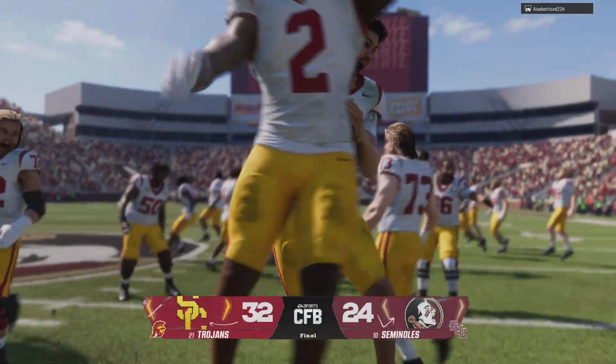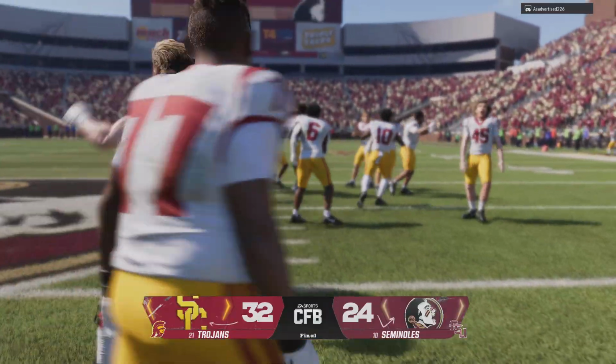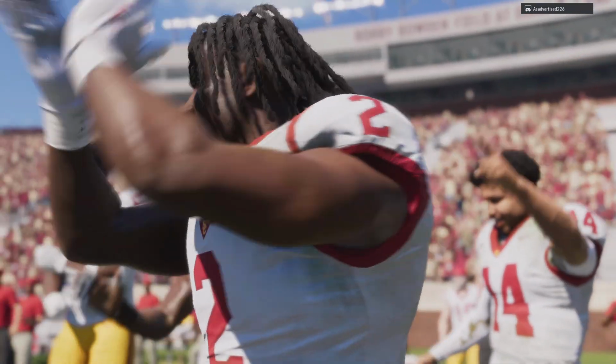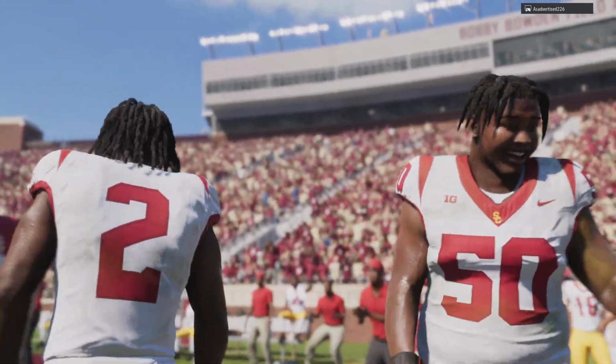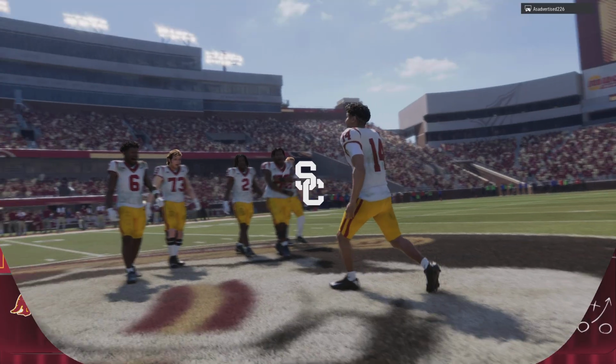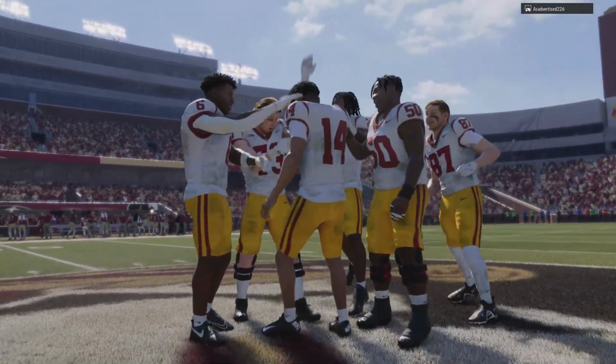Not all close games are created equal, but this one, man, what a ride. A matchup between a couple of ranked teams, and certainly it was a memorable one. No doubt about it. I think there were a lot of eyeballs watching this game, not just fans of these two teams, but people maybe outside of conference affiliation looking in because this is a ranked matchup. So when you get this win,